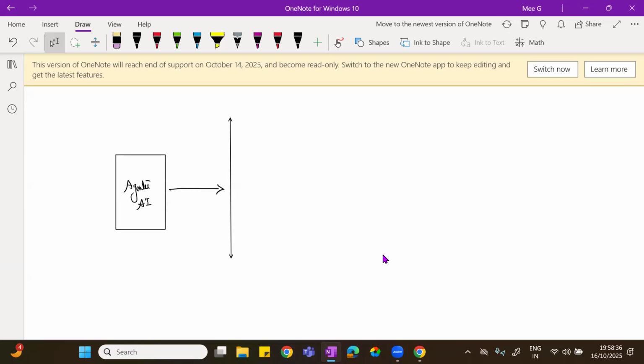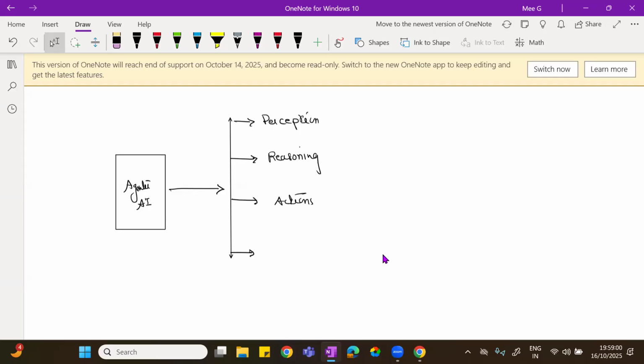Okay. Now this will be perception. Second one is reasoning. Third one is action.